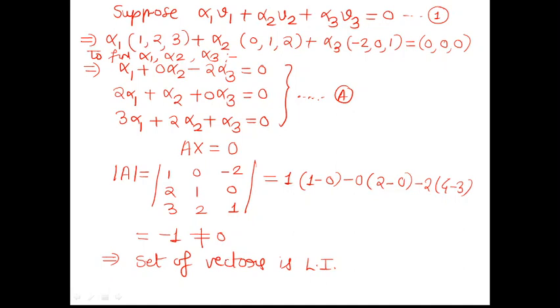So this is one approach, which we will call option 1 for solving the problem. For both options, this Ax equal to 0 is common. Option 1 is that we evaluate the determinant of A if it is possible. How to decide if it is possible or not? When the number of equations and the number of variables are the same, you will always get a square matrix A, and hence evaluation of its determinant is possible. So this is the first option.